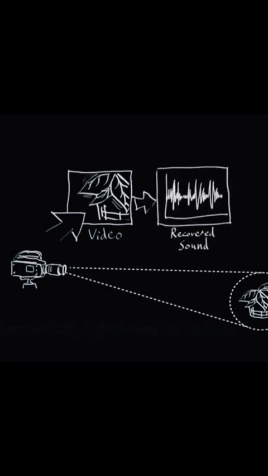When sound hits an object, it causes that object to vibrate. The motion of this vibration creates a subtle visual signal that's usually invisible to the naked eye. In our work, we show how using only a video of the object and a suitable processing algorithm, we can extract these minute vibrations and partially recover the sounds that produced them, letting us turn everyday visible objects into visual